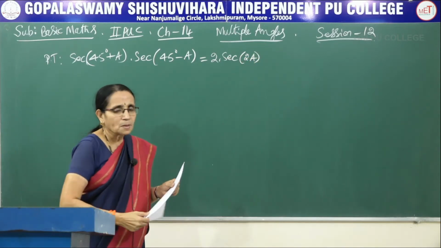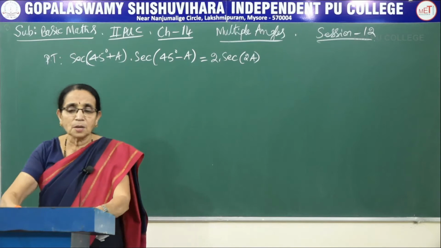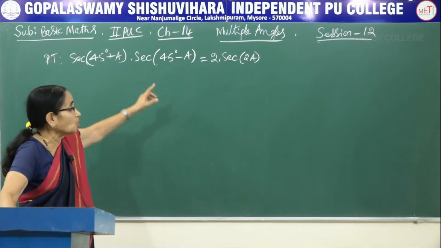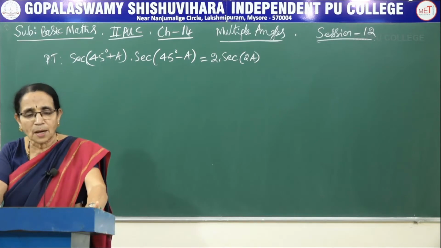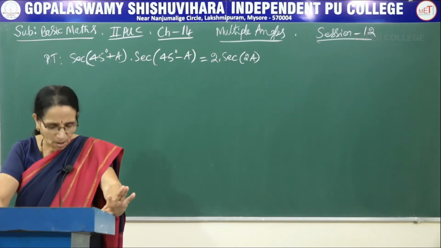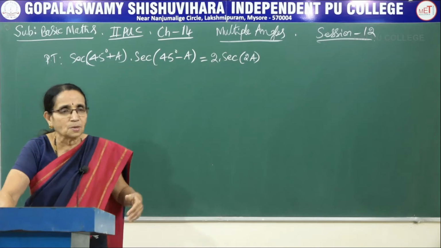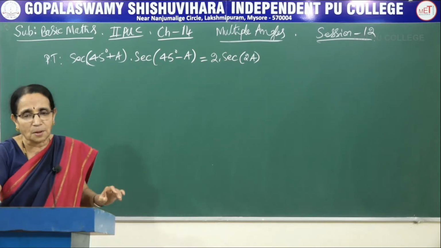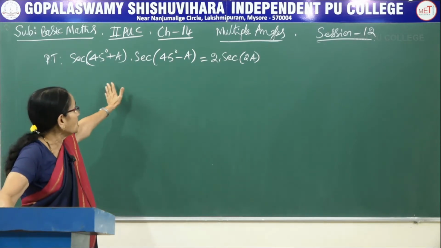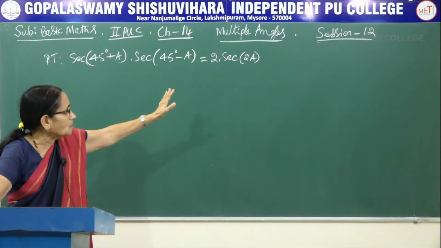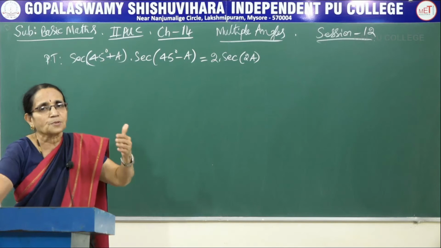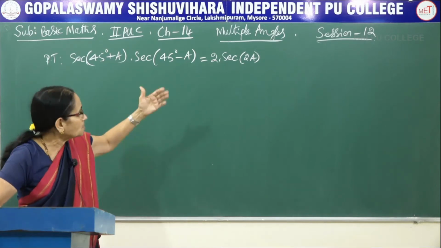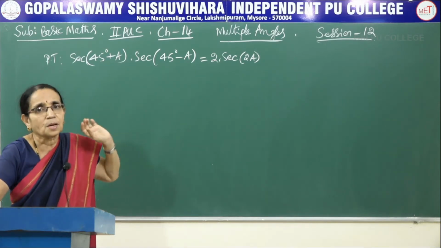See, you may remember that we have learnt, look at these angles, both of them are compound angles here. We have learnt the formula of compound angles for sin a plus b, cos a plus b, tan a plus b, similarly for sin a minus b, etc. Now it is given in terms of secant. The right hand side also is a multiple angle, for which we have derived the formula for sin, cos and tan, whereas here we have secant of 2a.